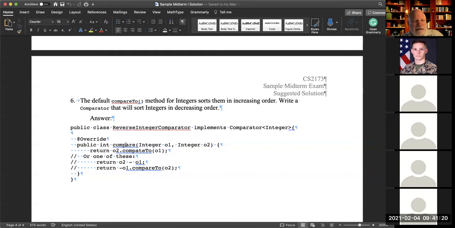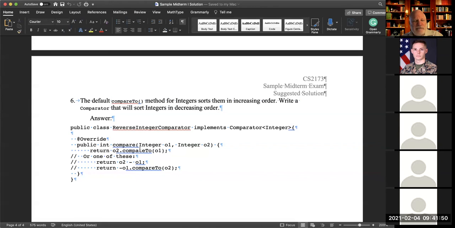Then the one method that interface requires is the compare method. Next week I'll talk about what this generic thing is about. So compare is the way to compare two integers. By default, if I compare one to the other, they come out in increasing order.